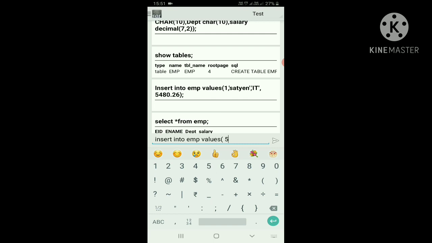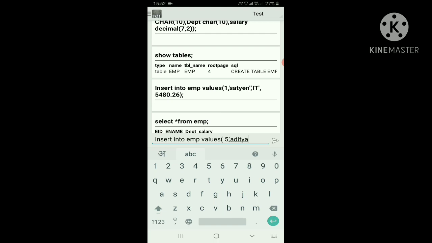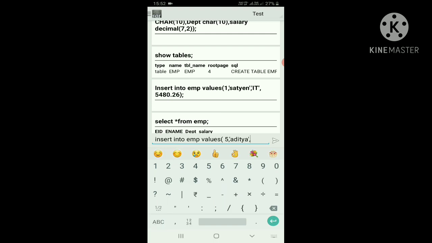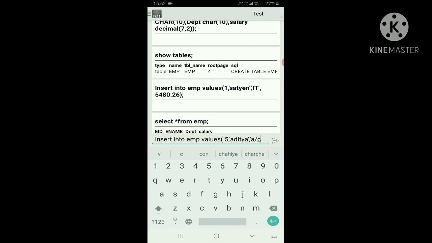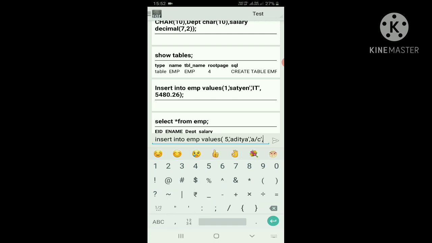It's not necessary to follow a sequence. Suppose here I put 5, comma, the name of the employee. For example, I am taking Aditya as one of the employees, in single quotes. Comma, the department, suppose the account department, comma, and put the salary. Suppose here I put 4500.78, for example, semicolon. I executed it.